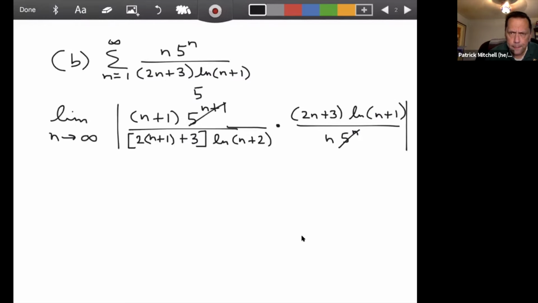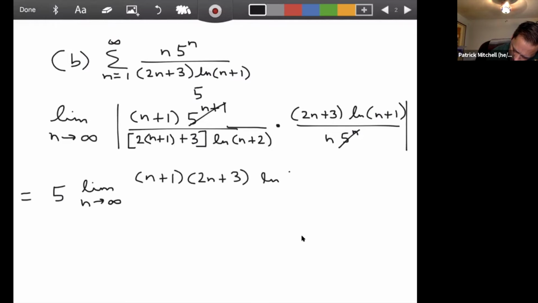So now, why don't we pull this 5 outside? And we can also lose the absolute value because everything in there is positive. Okay, so that's going to leave us with n plus 1 times 2n plus 3 times natural log n plus 1